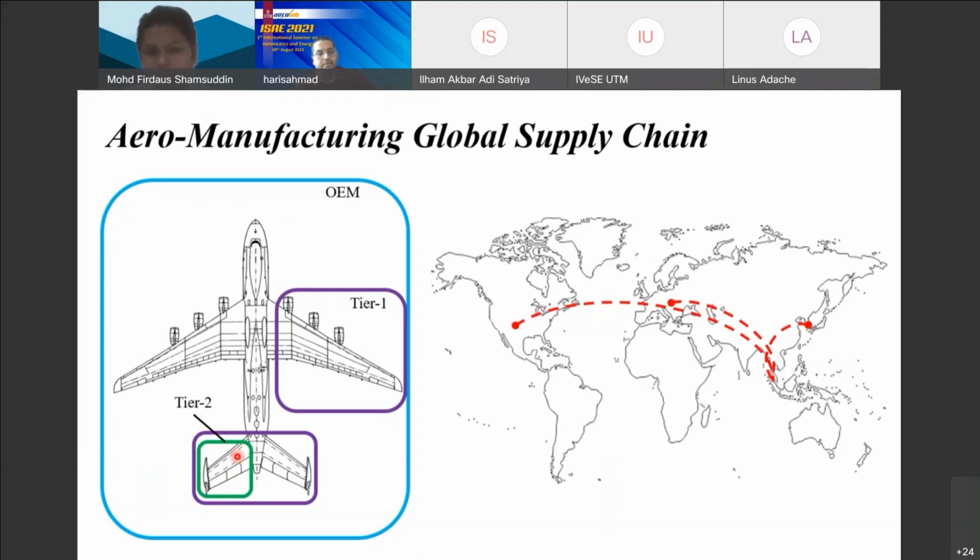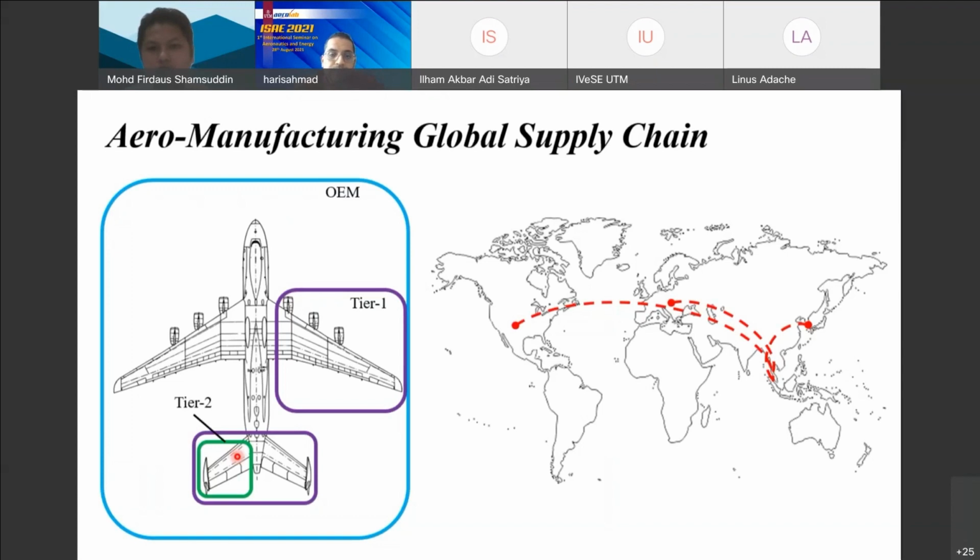So why do I say that it is a global supply chain? Because the OEMs, tier 1 and tier 2 are located all across the globe. For example, here in Malaysia, we have a couple of tier 2 companies. So we supply to tier 1s located in Europe and in North America. So the interaction spans globally. I'm going to go back to this because it is a very important factor for this project. But before that, let me introduce